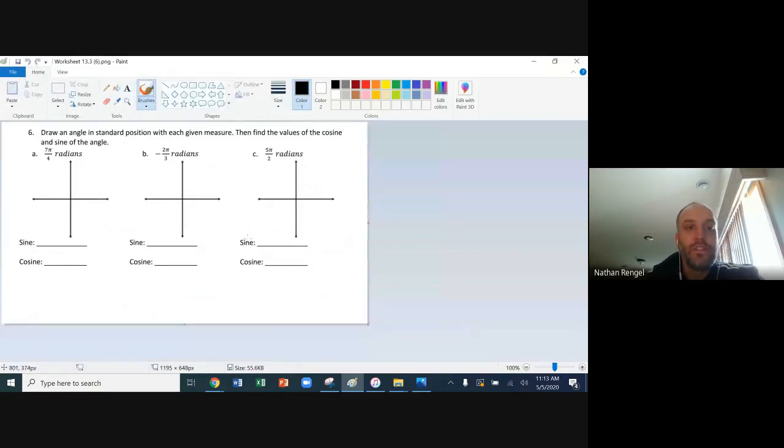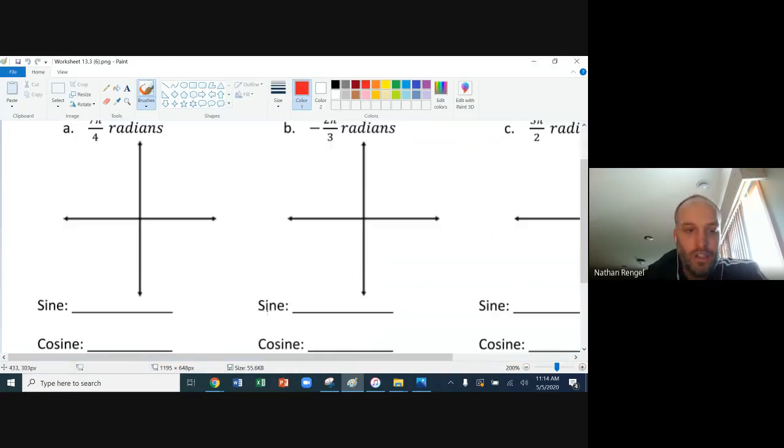Draw an angle in standard position with each given measure and then find the values of the cosine and sine of your angle. So we'll do this with the unit circle again. First, we're going to estimate about where the angle is, doing our best. No judgment here if your angles are a little off. If we're going to 7 pi over 4, remember this is pi over 4, 2 pi over 4, 3 pi over 4, 4 pi over 4, we're counting by our 45s, 5 pi over 4, 6 pi over 4, 7 pi over 4 is going to be roughly